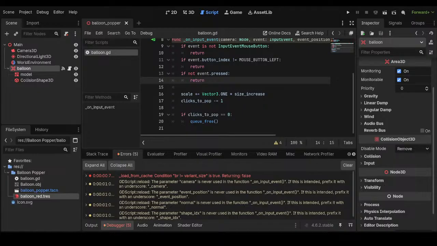To increase it by and to do that, we can simply call the Q-free function here. Whenever an input occurs on top of the balloon, such as if our mouse is over the balloon and we click, the onInput event function will be called. Now, we don't want to increase the size of the balloon if we are right-clicking or if we are pressing a key on our keyboard, so we are adding